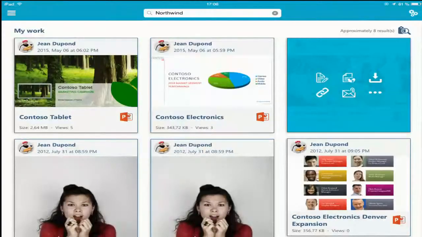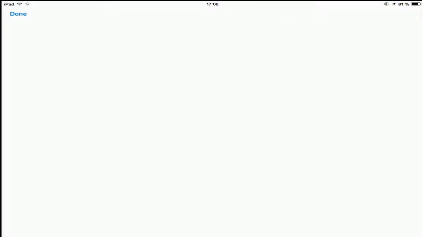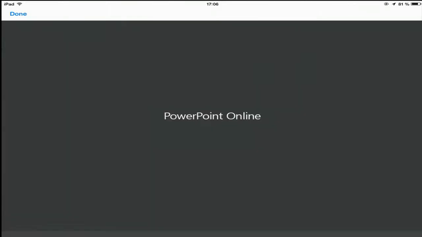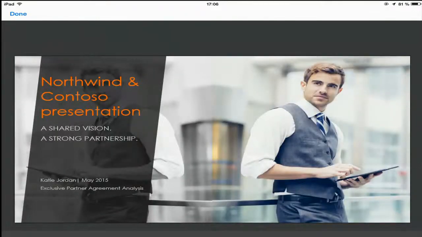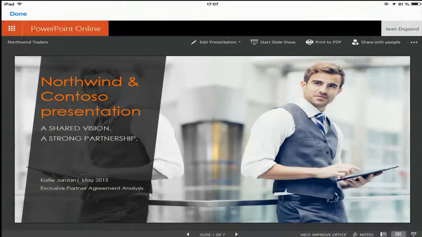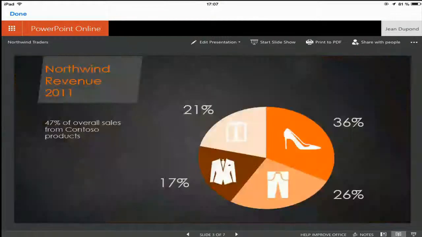When I find this card, I have different possibilities. And the first one, that I will check if it's really the good presentation. So I launch the Office web app, and I can check directly in the app if it's the good presentation. Here we go. There is a nice guy with the good glasses. Very good.